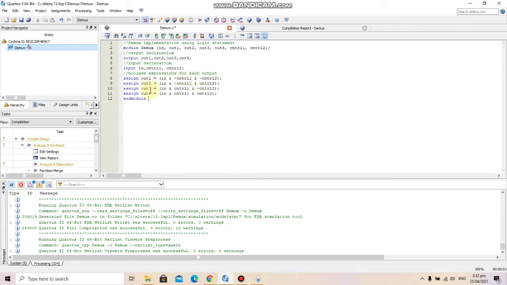Similarly, we have written all the 4 output equations here, because we have 4 outputs, whereas in the mux we had 1 output, so we created a whole big single boolean expression for that one output. Here we have 4 different outputs, so we have 4 different expressions, and we have created a boolean expression for each of them in a single statement. So let's run this.